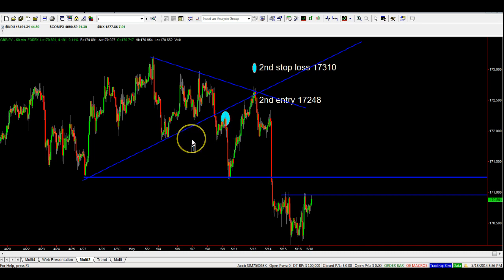And that entry was at 171.75. And I had put my stop up here around 172.50, which turned out to be not a very good place to get stopped out. So I took the entry here, 171.75. Was up a little bit on the trade, came down to support, rallied back up into these two intersecting trend